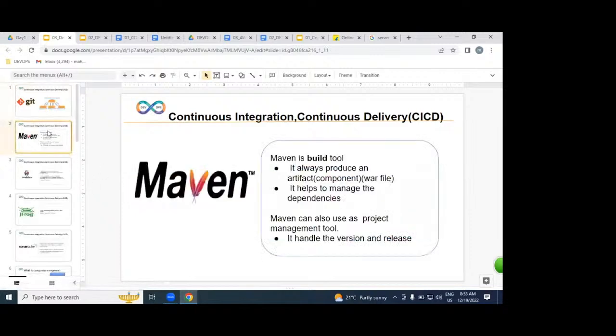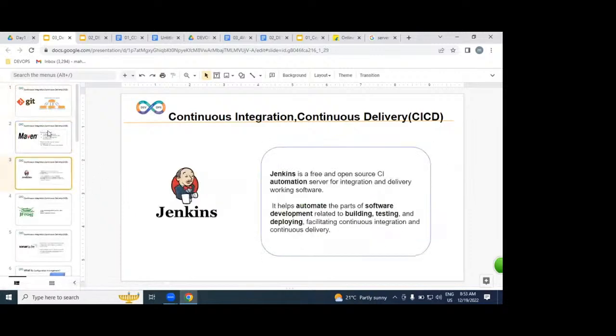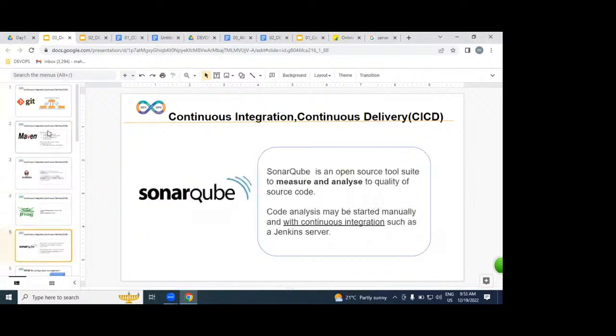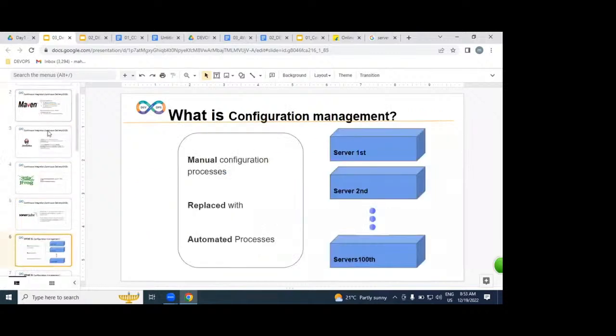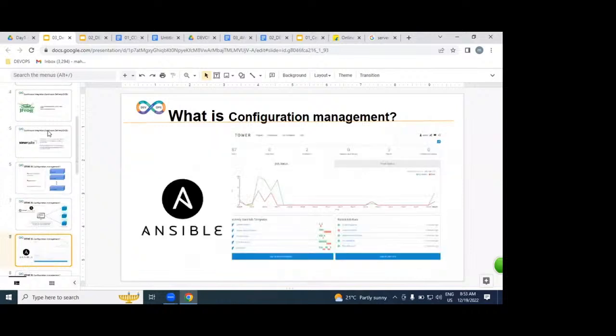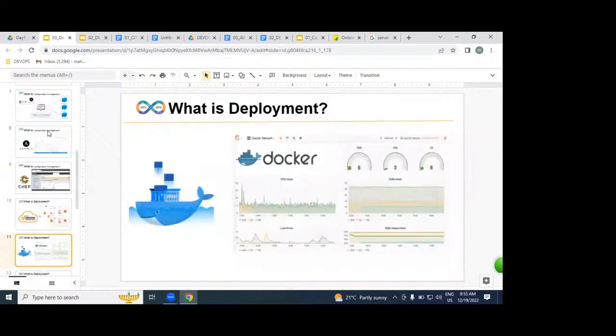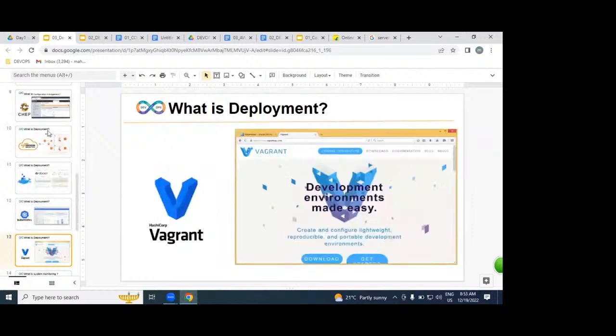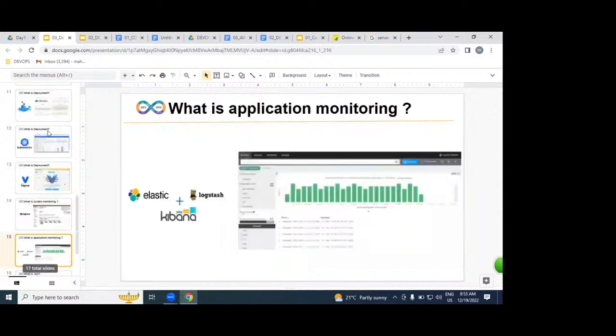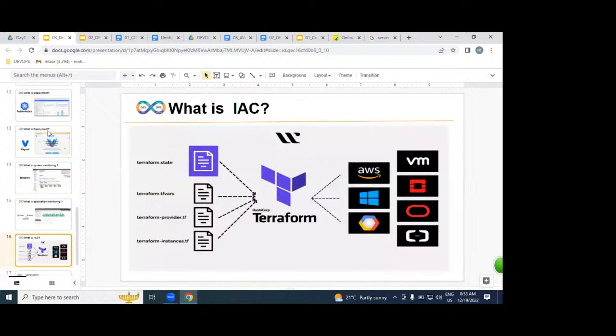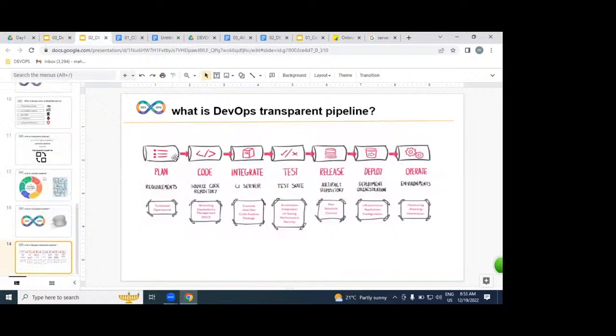Git we are going to learn. Maven, Jenkins, JFrog, and SonarQube we are going to learn. Configuration management like Ansible, Chef, and complete AWS. Docker, Kubernetes, Vagrant, Nagios, ELK, and Terraform. So these are all the tools we are going to learn. Learning these tools will take more time. By using these tools, we are going to implement this DevOps process.